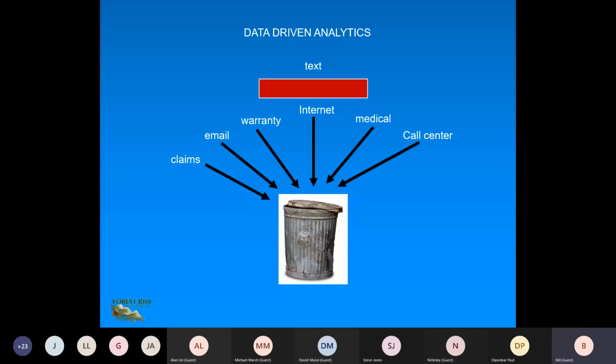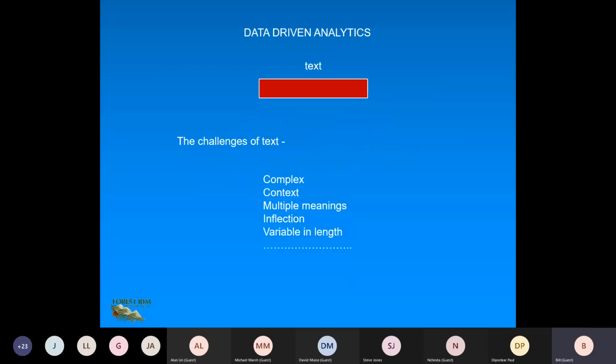And if you're like most corporations, you're taking that very valuable data and throwing it away. And does this make sense? Does anybody else out there think that this is as stupid as it really in fact is? And so I'm a big fan of being data driven because I've seen what it can do for a corporation. On the other hand, looking just at structured data is looking at a very small portion of what is valuable in the corporation.